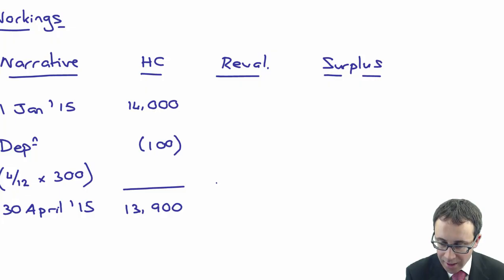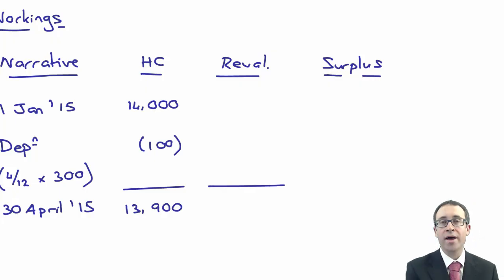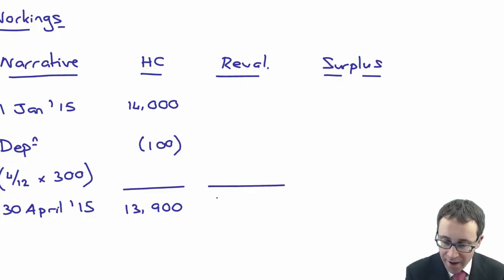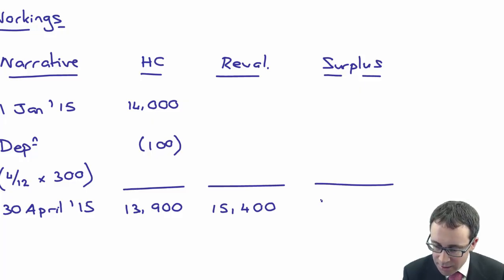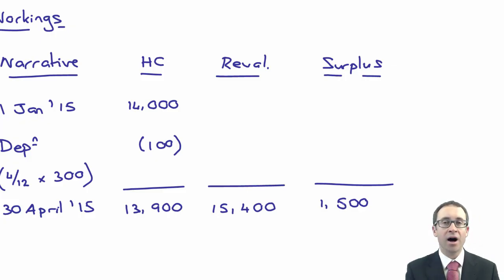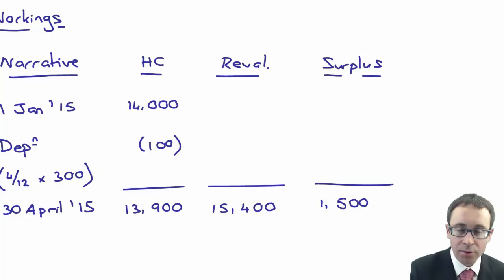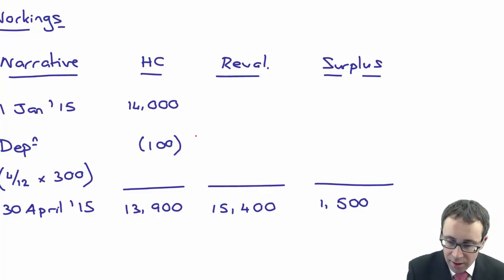Okay, excellent. If I go through then and revalue the property, I revalue it up to its fair value, was it, of 15.4 million, wasn't it? Okay. So what you've got there now is that you have a surplus of 1.5 million. Okay, 1,500. Okay. Now the key bit there is, as things stand, we're not even looking at IFRS 5,